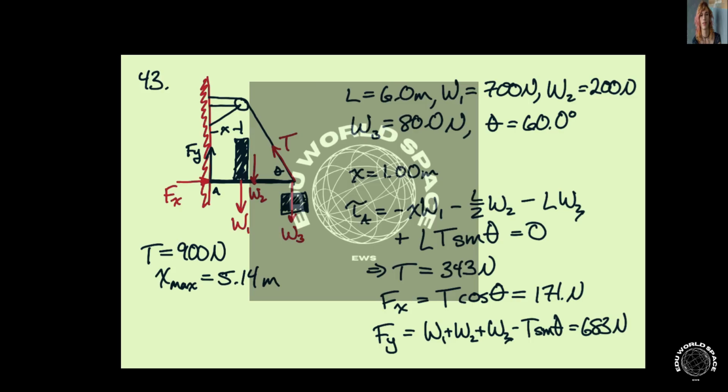Now we're told, what happens if the maximum tension that this cable can support is 900 newtons? How far can the bear get out to this basket of goodies? So in that case, now we just have a different unknown here. Instead of T being the unknown, we have x. We know T, so we can plug in T is 900 newtons, and then solve for x, and we get that x equals